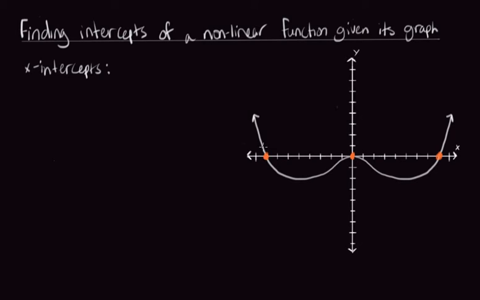So this is -8. So the x-intercepts are -8, and then 0 is another x-intercept, and then 1, 2, 3, 4, 5, 6, 7, 8. 8 is another x-intercept. Now, if we're going to ask what are the y-intercepts,